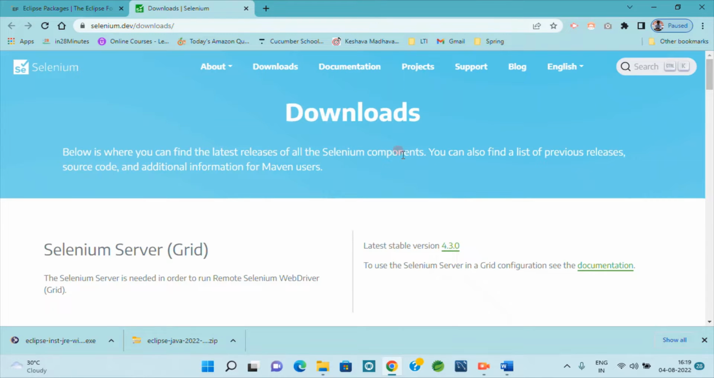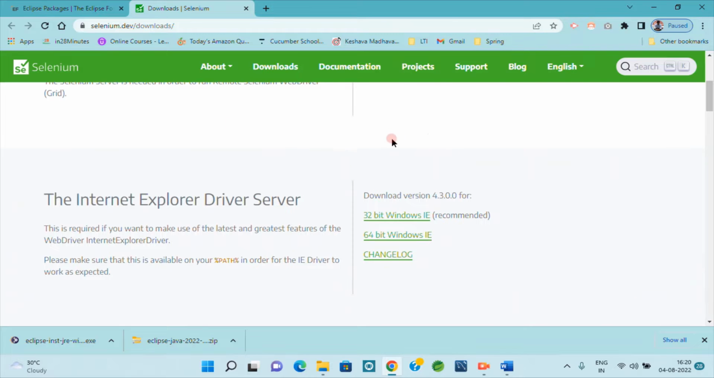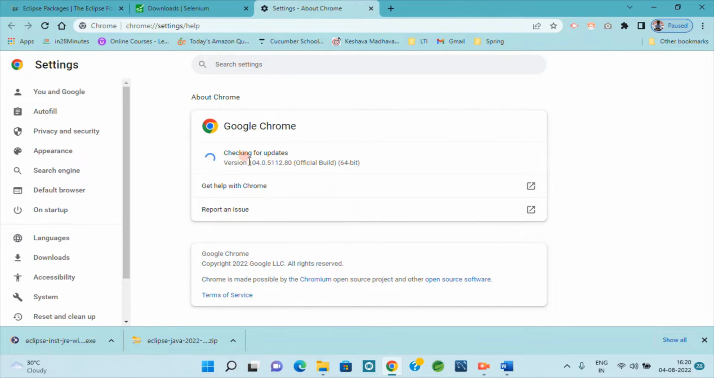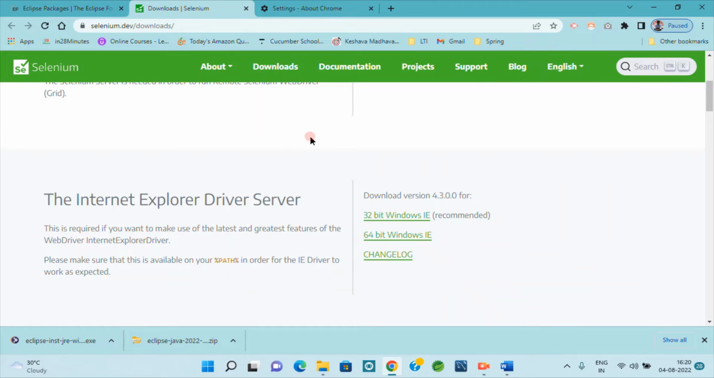Click on the link. Firstly, in Chrome, go to Help and About Google Chrome and check your Google Chrome version, but don't consider the last build number. Consider this one. I have 104.0. So on the Selenium download page,